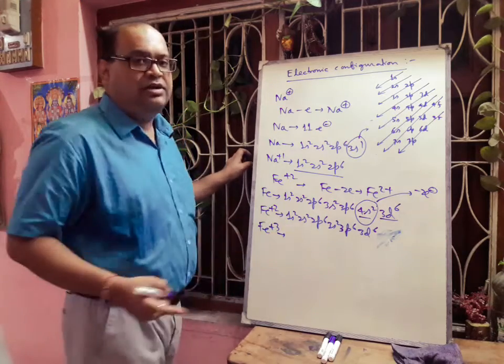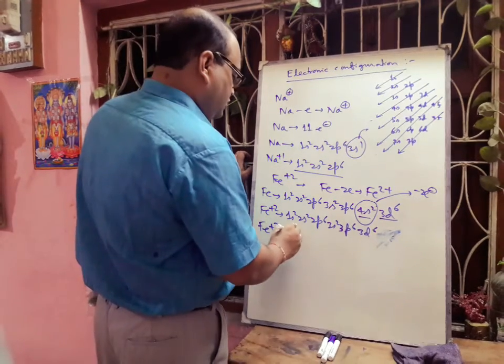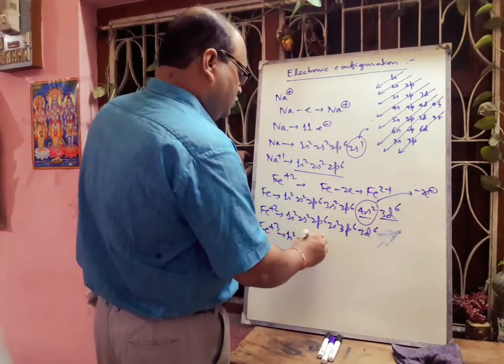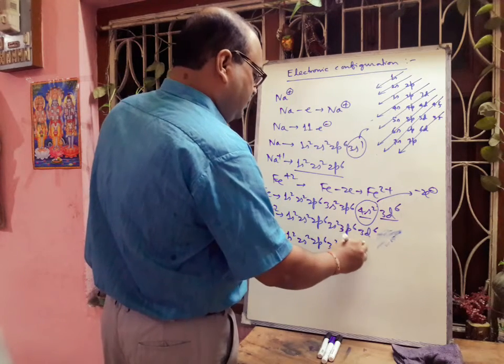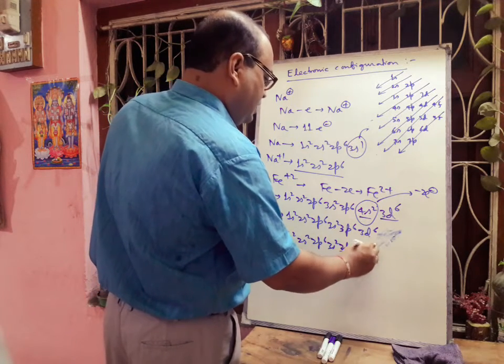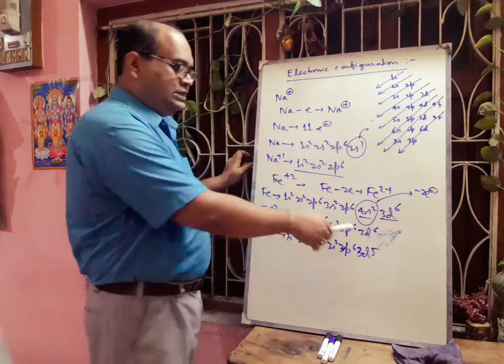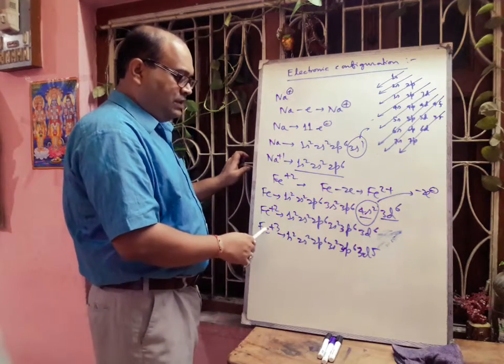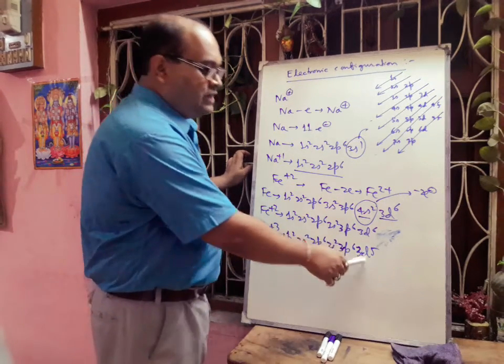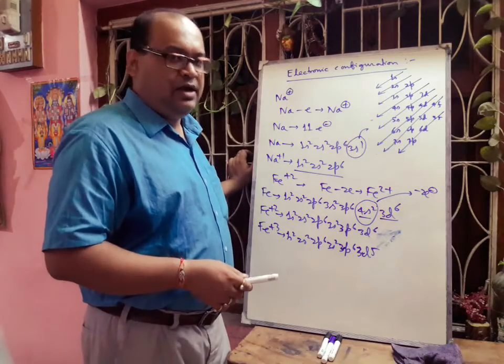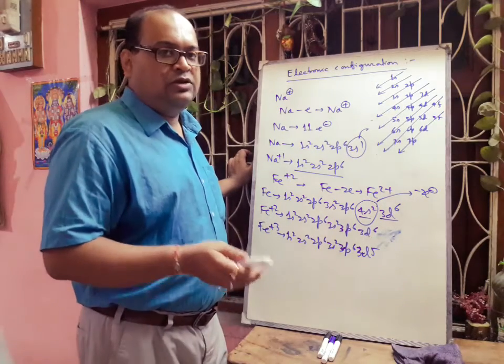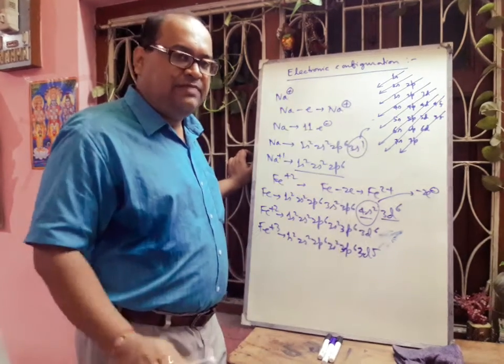Next, if we want to discuss Fe3+, this Fe2+ again releases 1 electron. From which orbital will it release? The d orbital. So 1s2, 2s2, 2p6, 3s2, then 3p6, then 3d5. Now when the 3d6 from Fe2+ in Fe3+ is becoming 3d5, that is all are half filled with unpaired electrons. So this half filled electronic configuration is very much stable.